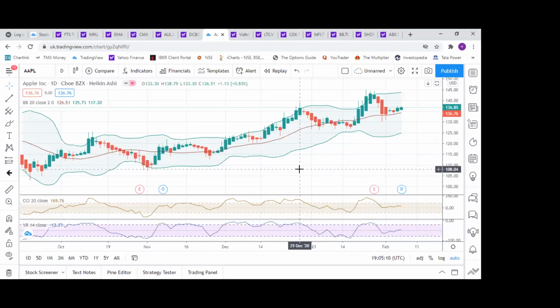Wait, just one second. I want to add something here before we move on to the other screen. So you're saying that we should exit on 28th of Jan or at the closing of 27th of Jan. Yes, because from 25th, 26th, 27th, my indicators were giving me an overbought position. So I'm almost expecting a correction down. Plus, the Bollinger Band is telling me you are at the upper Bollinger Band.